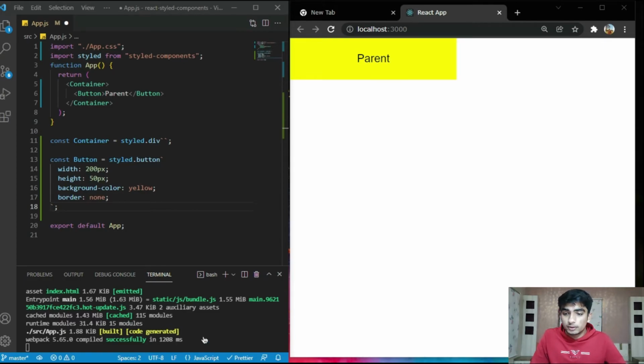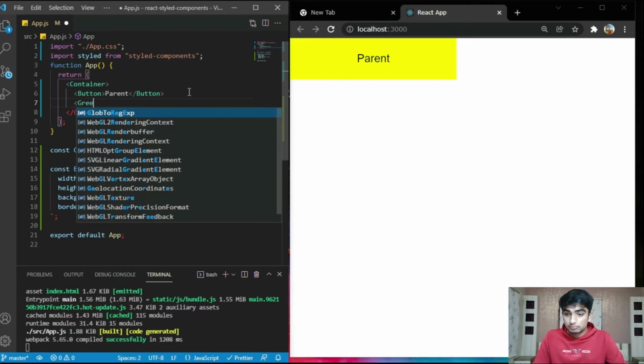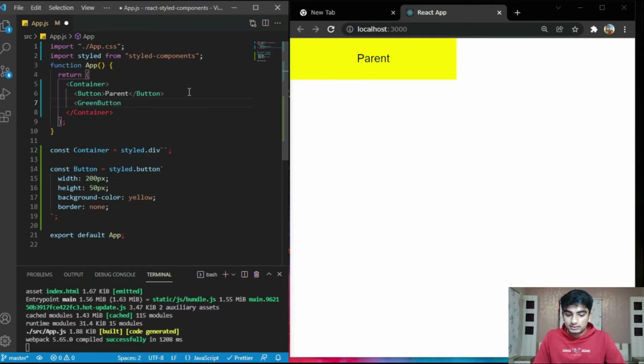There is one component, a button component here, which has some basic styling. Now we are going to create another component which inherits these styles, including this background color, but we want to change it slightly. For example, we want to change the background color. We are going to create a green button, and inside that type click me.